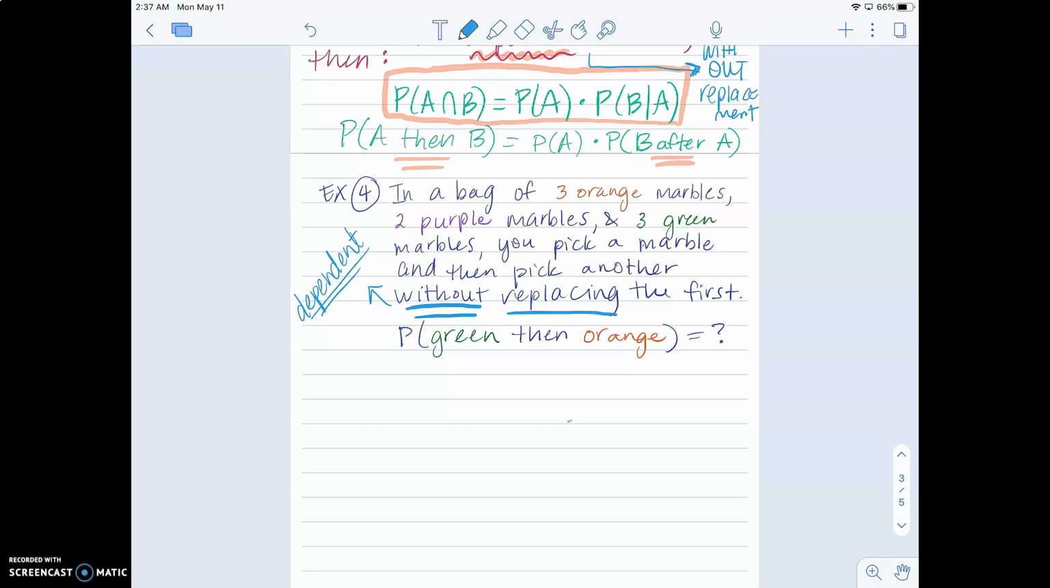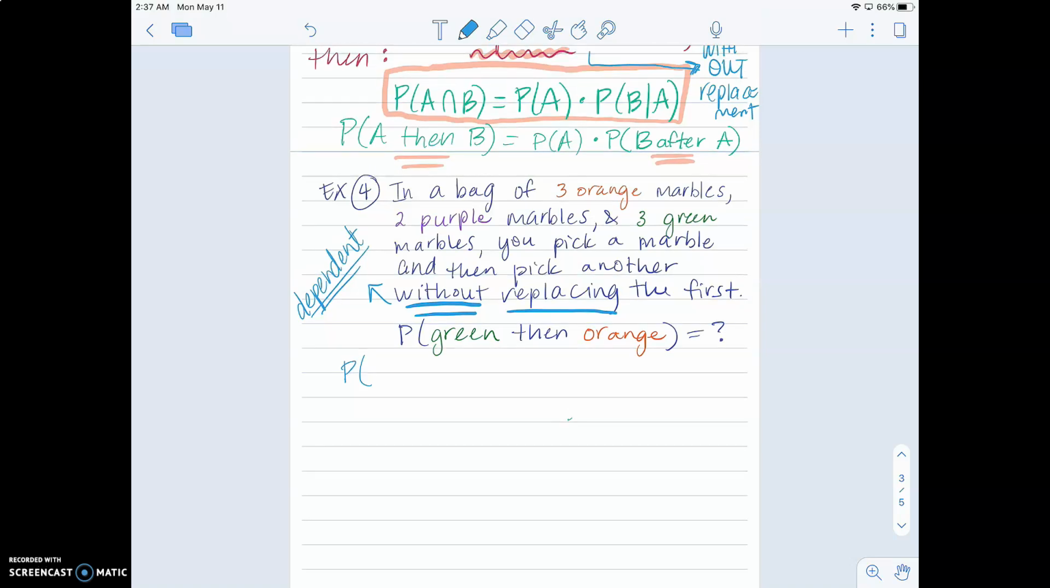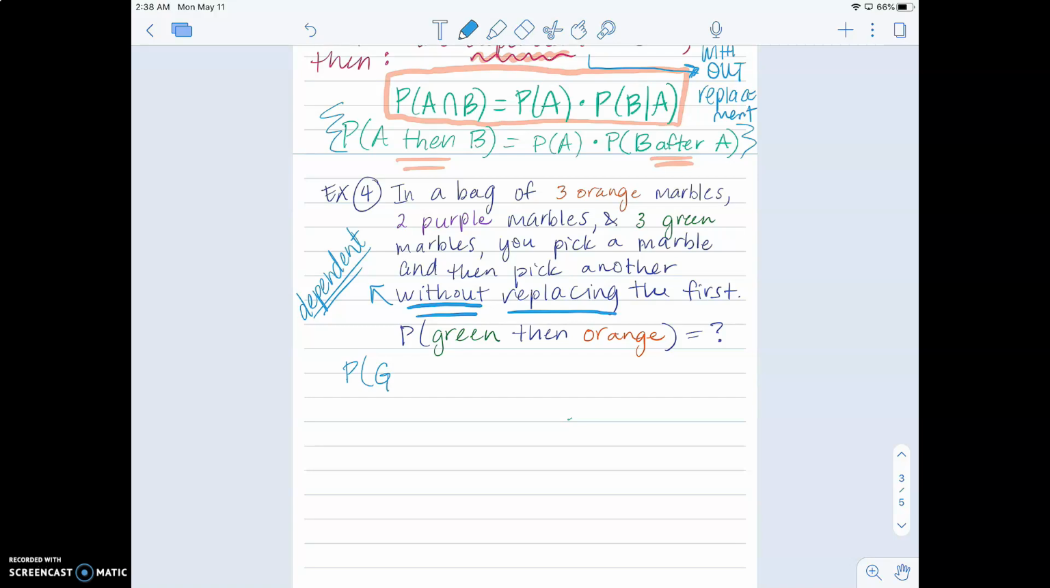So that's the same thing as the probability of green then orange, which would be the same as the probability of green and orange, which is probability of A times probability of B given A. Okay, but I'm going to use this one here. Can you see this? This one here, because I just like it better. It makes more sense. So the probability of green then orange